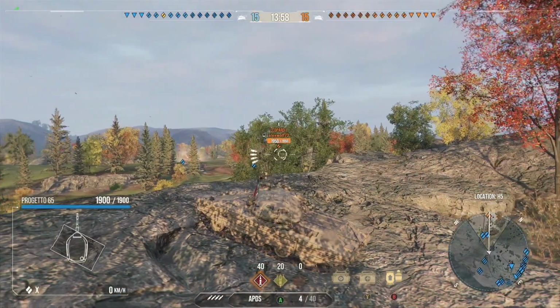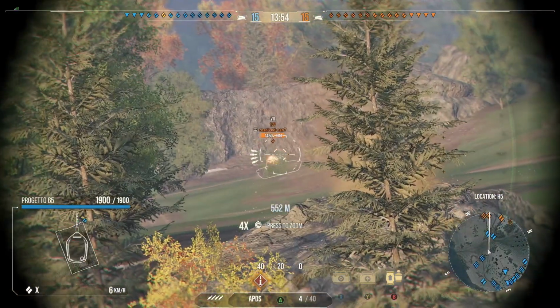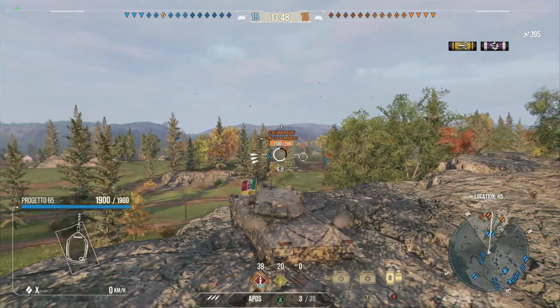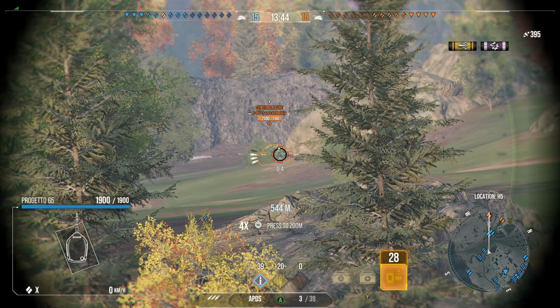So here we are at the start of the game. He's waiting in position just to see patiently if he can get any shots into enemy tanks. Enemy heavy tank gets spotted and he dumps one shot in. Being an auto reloader, what the Progetto 65 is, he's going to wait now and reload that shell so he